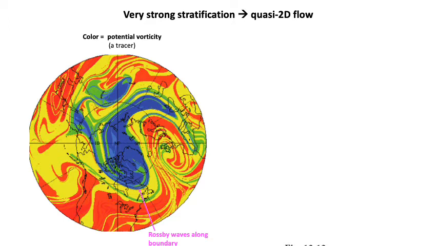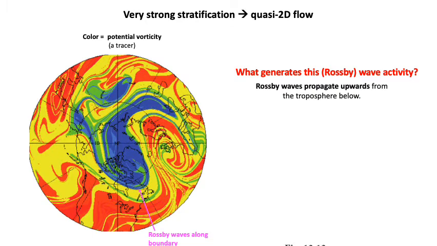And so what generates this Rossby wave activity? So you noted here there's Rossby waves. That's why it's not a perfect zonal flow here around the North Pole. What generates this Rossby wave activity? So we need wave activity to come from somewhere, and this is Rossby waves that propagate upwards from the troposphere